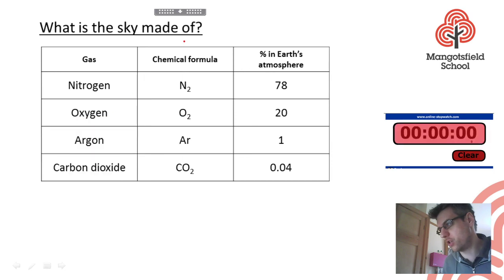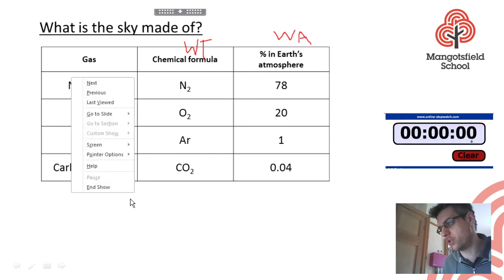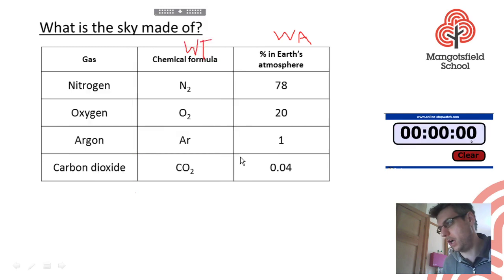Right, so nitrogen was N2. And then it was 78% of the Earth's atmosphere. Oxygen is O2, and it's around 20% of the Earth's atmosphere. Argon is Ar, and it's 1% of the Earth's atmosphere. Carbon dioxide is CO2, and it is 0.04% of the Earth's atmosphere. So if you can do the chemical formula, then you can